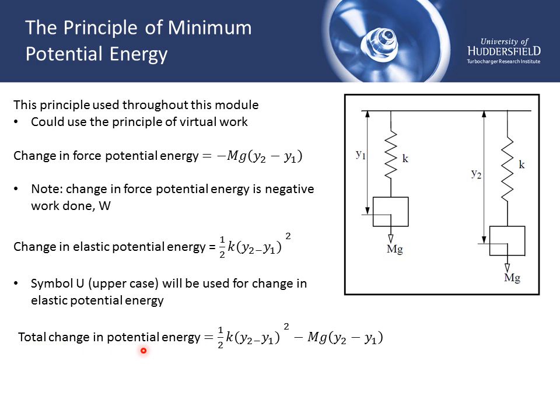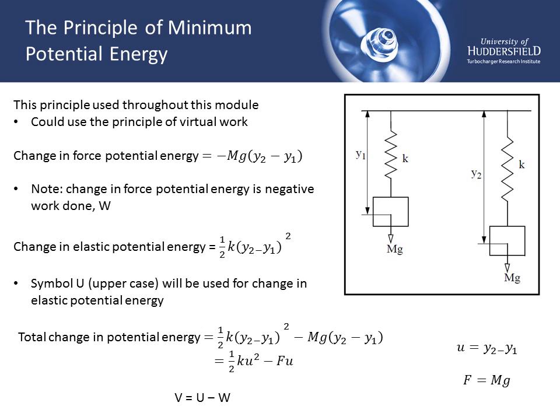So then the total change in potential energy is going to be our change in elastic potential energy plus our change in force potential energy, or minus work done. Now, just to make that equation a little bit less cumbersome, I'm going to use lowercase u to define the change in length or position, and I'm going to use F in place of mg for the force, and that helps to generalise the equation a little bit as well. So we've now got this equation for the change in potential energy: half spring stiffness times the change in length squared minus force times distance,